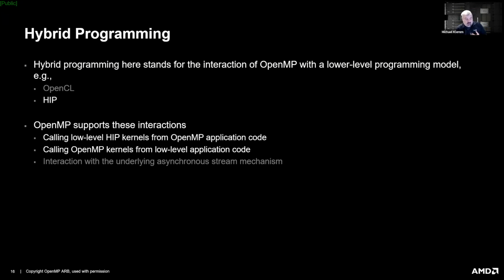That is, to me, the primary use case, because I'm a big fan of using high productivity models like OpenMP to get hopefully good enough performance. Good enough is in your hands and your definition. But if OpenMP does a satisfying job in terms of performance, there is no need to use some lower-level programming model instead. So, my vision is that everything is just written in OpenMP, and for those cases where the OpenMP compiler doesn't do a good job, you would then have something like HIP available as kind of a performance target. Okay. The other thing, to me less relevant, is we can also call OpenMP kernels from low-level application code,